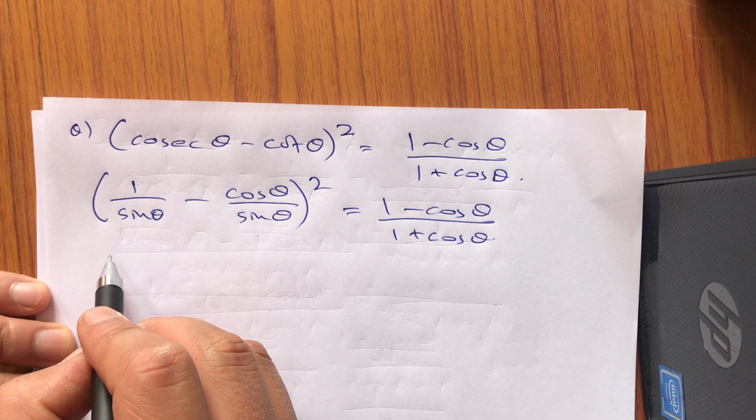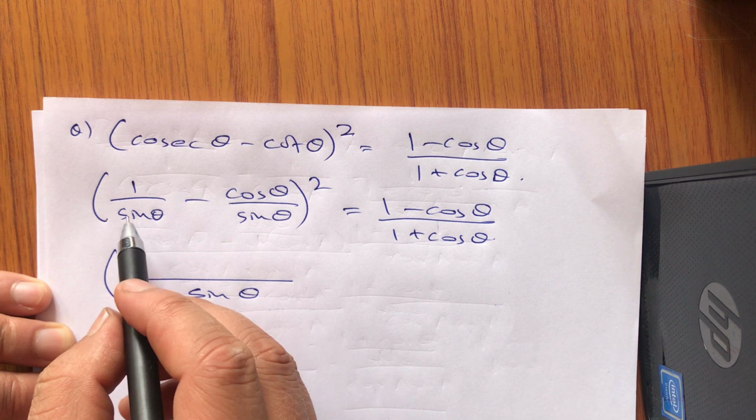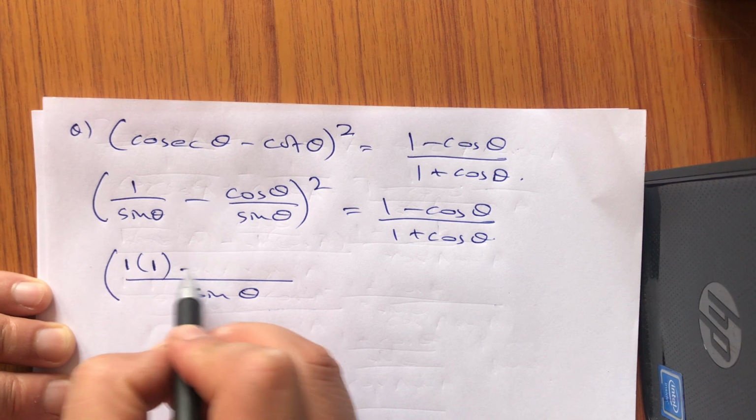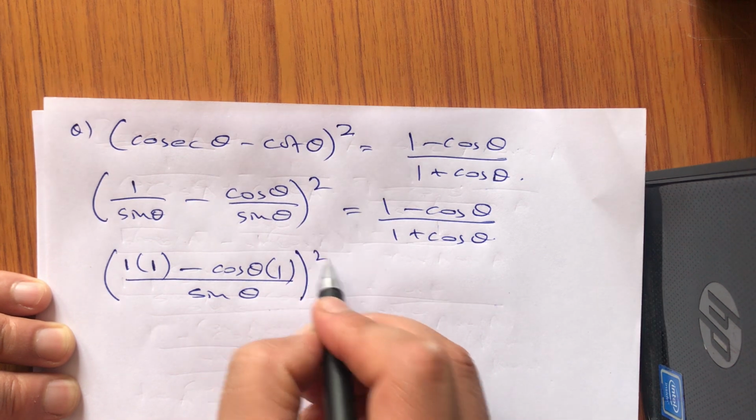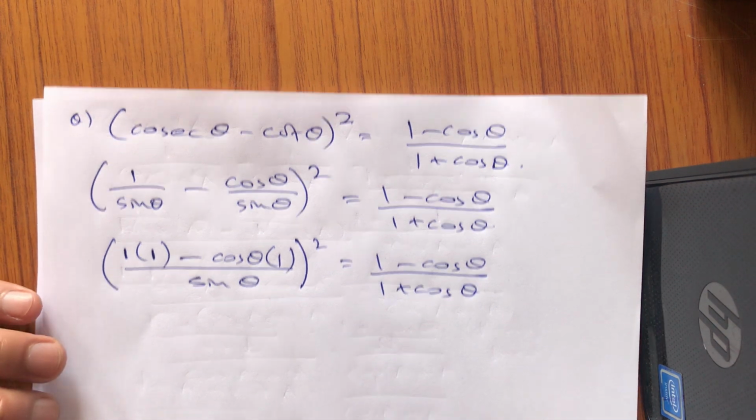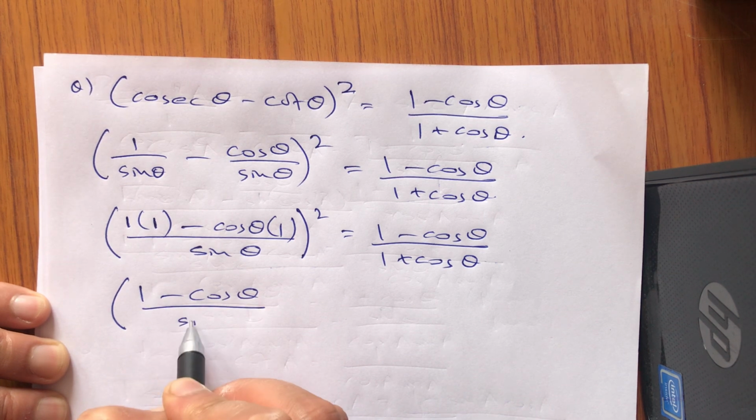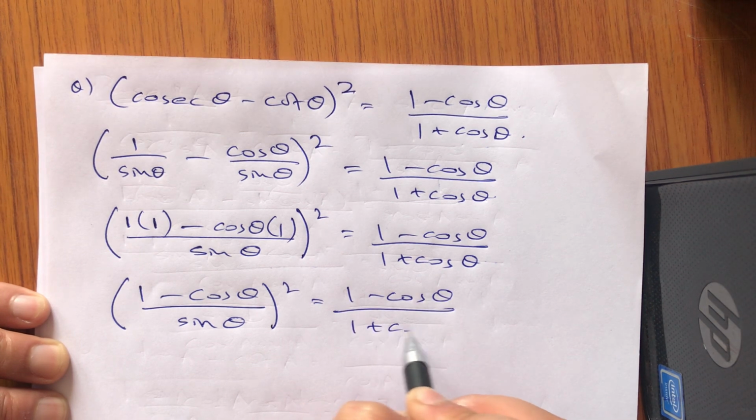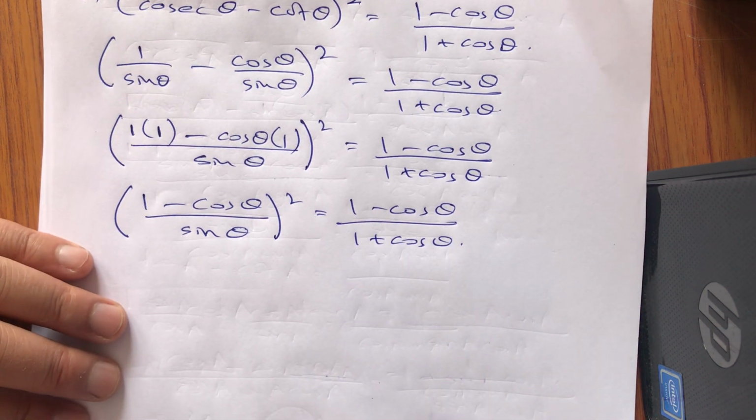Then I need to find the LCM. So when I find the LCM, we have sine theta as it is. Then 1, I'll write it over here; sine theta, everything gets cancelled, I just put a 1. Minus the cos theta comes as it is, sine theta gets cancelled, nothing left, I put a 1. And I have a square. So now we have 1 minus cos theta over sine theta, squared, equals 1 minus cos theta over 1 plus cos theta. Now whenever you have something like this, if you already know it, that's very good, but in case you do not know it,